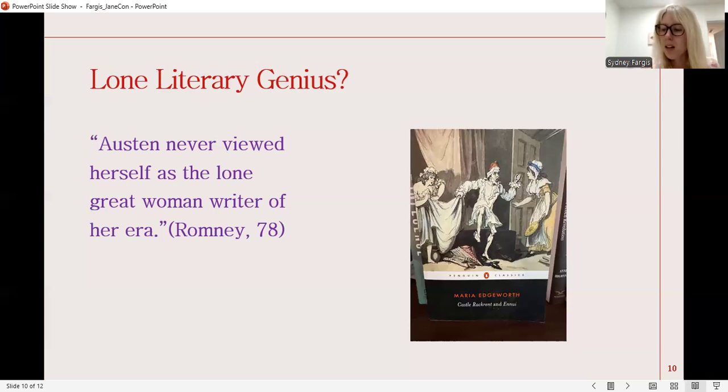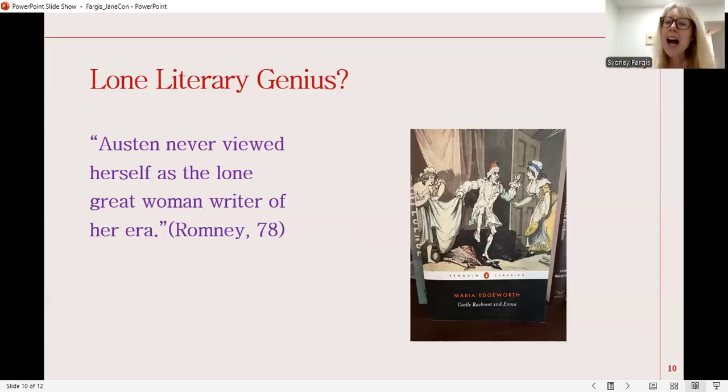So instead of being a writer who made something of herself within a larger literary conversation, Austen resurfaces posthumously as this kind of lone genius in her corner of the literary canon. And Romney, on page 78 of Jane Austen's Bookshelf, says Austen never viewed herself as the lone great woman writer of her era. And we are so lucky, we are so fortunate, albeit we don't have the whole kit and caboodle, but